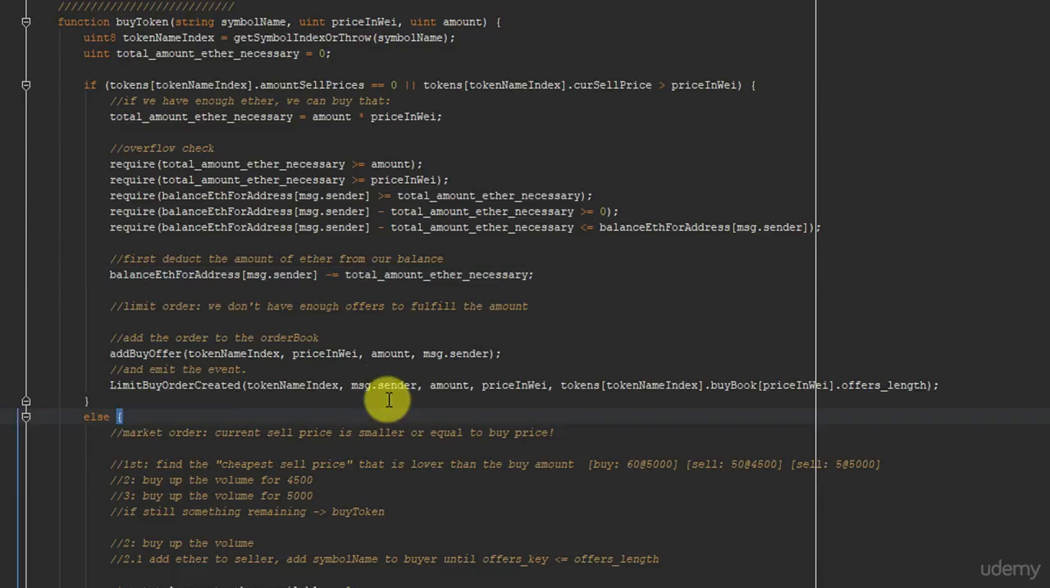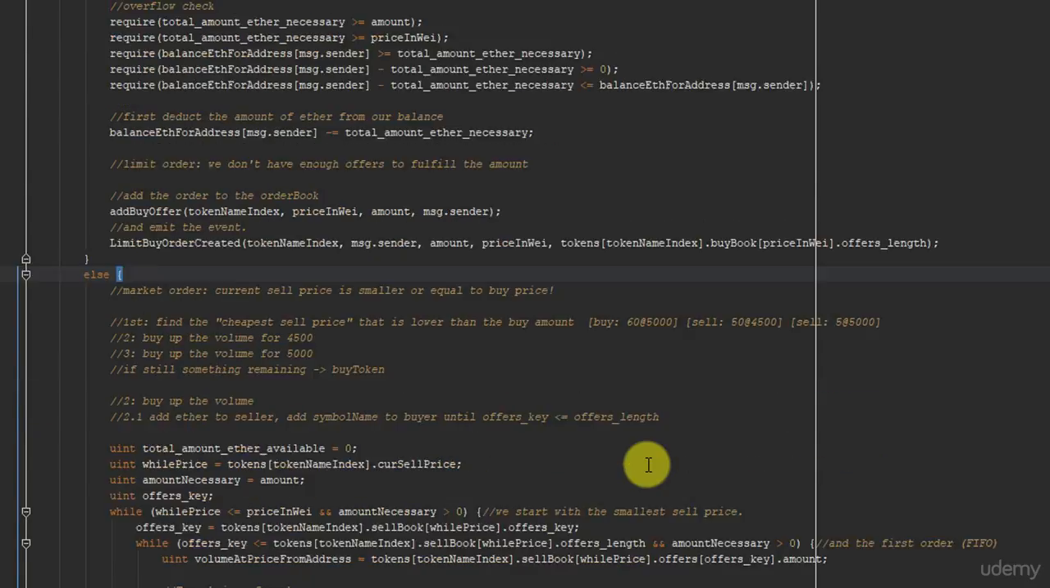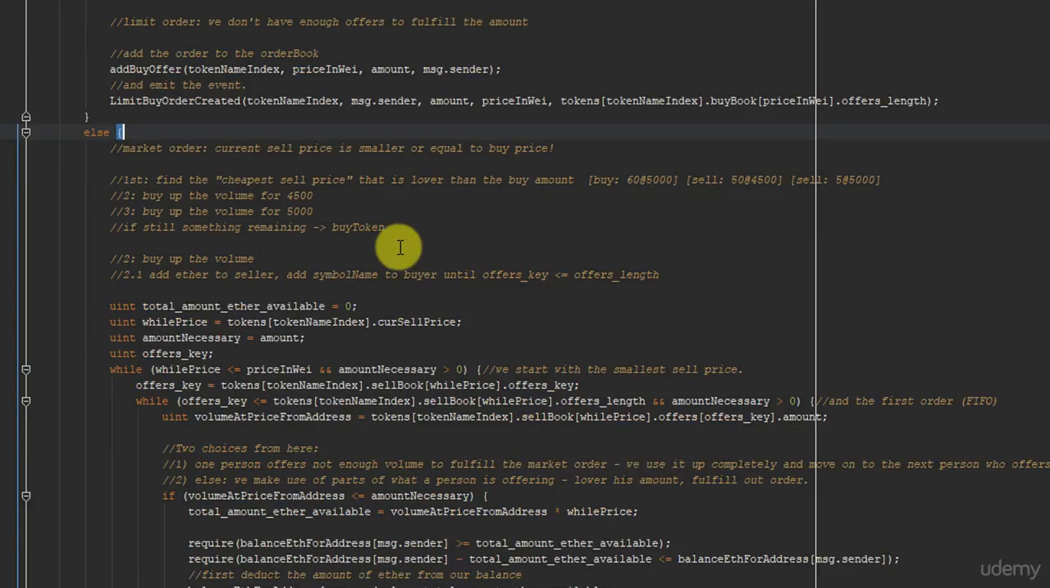Now let's check out the actual market order logic. And here again, first we find the cheapest sell price that is lower than the buy amount. Let's say somebody wants to buy 60 tokens at 5,000 Wei each, and somebody else is trying to sell 50 tokens at 4,500, and somebody's trying to sell 5 at 5,000. Now, first of all, we have to buy up the volume for 4,500 and then buy up the volume for 5,000, and the rest of the 5 tokens that we couldn't buy, we call the buy function again and add